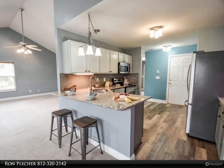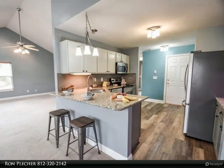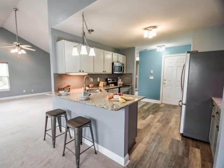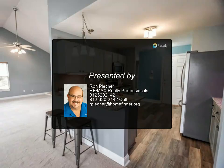Enjoy the outdoors on the large back deck. This maintenance-free community takes care of exterior maintenance, including the grounds, roofs, and siding. There is a 2-car garage. This property offers 1,656 square feet of living space and has been very well maintained. Safety grab bars are provided in the master